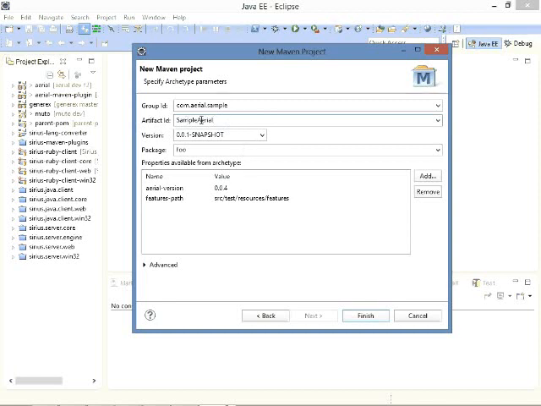Preferably we should give some solid name, because in the future when we generate the project, the artifact ID would be used as the class name. So it is preferable to decorate the artifact ID in the same fashion as the class,